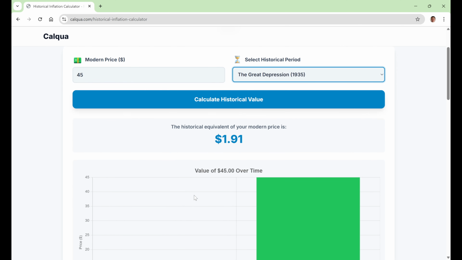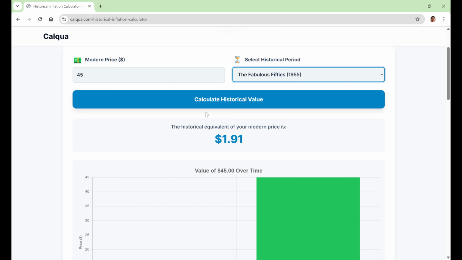Money was scarce, but the value of each dollar was elevated, meaning those who had money saw its purchasing power increase. This was due to a collapse in demand that forced businesses to lower prices in a desperate attempt to sell goods. Now we move to the year 1955, a period of post-war optimism and burgeoning suburban life known as